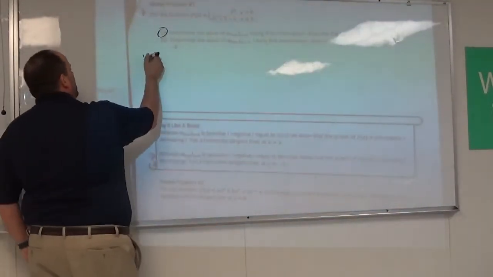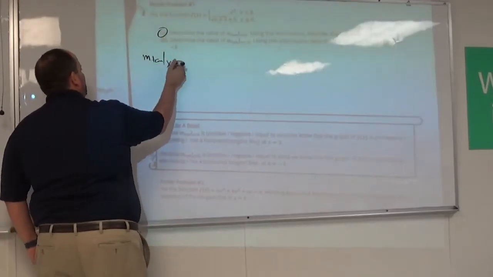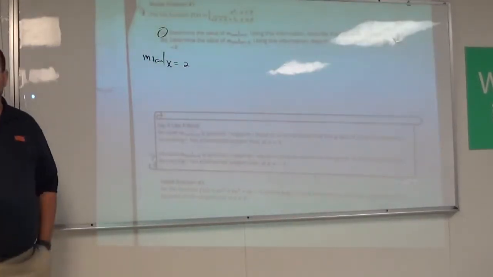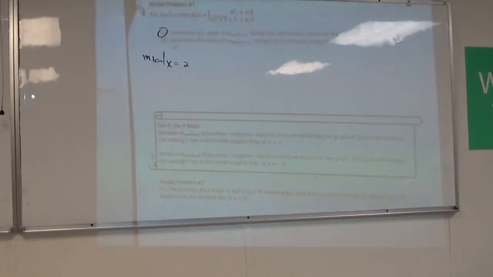I want to find the slope of the tangent line at x equals 2. Just get it set up. Find the slope of the tangent line at x equals 2. You have no graph. You don't need a graph anymore. You've got some skills. Maybe not Kevin, but